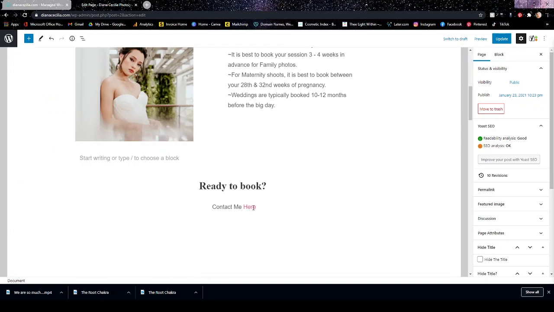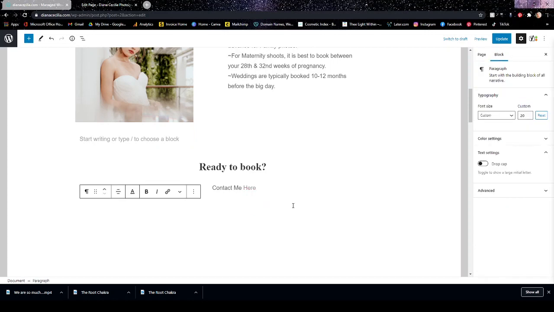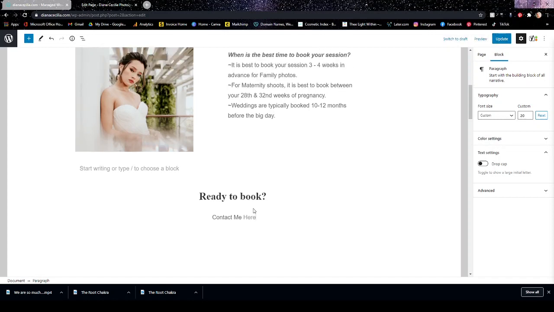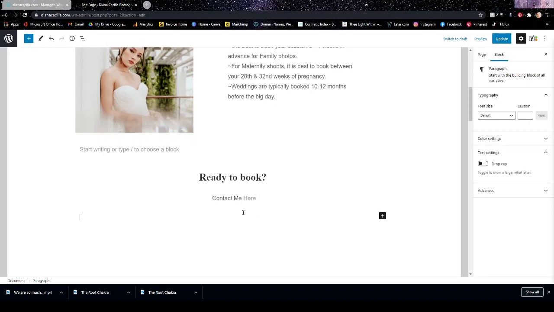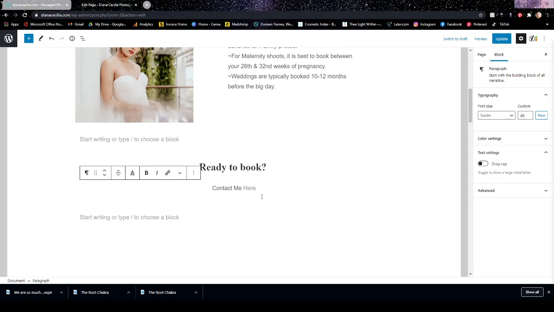So you have an inbound link. This is contact me here. So what we could do actually, wait. Okay, so pressing enter creates an entirely different block. But if you want to write another line, but you don't want to create a new block, you simply press shift and then enter, and it would just take you to the next line within the same block. That's exactly what I've just done there. I pressed shift and then enter, and then you would write follow me here,